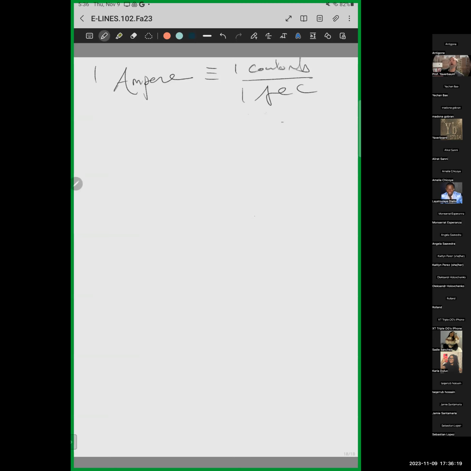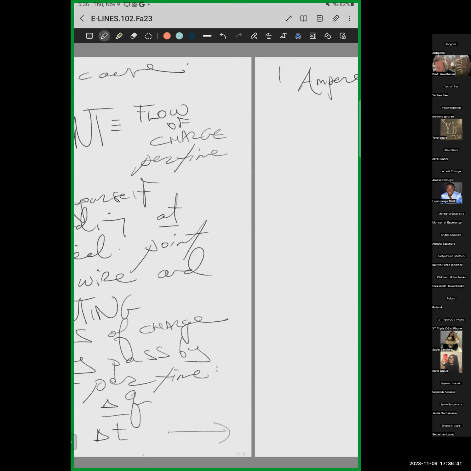Well, yeah, it's flow. So if that's the definition of current, it stands to reason that when two devices are in series, the currents through each one of them must be the same, because every bit of charge is accounted for on the way out of one. It goes on the way into the other. So there's no reason that the charge count should change. On the other hand,